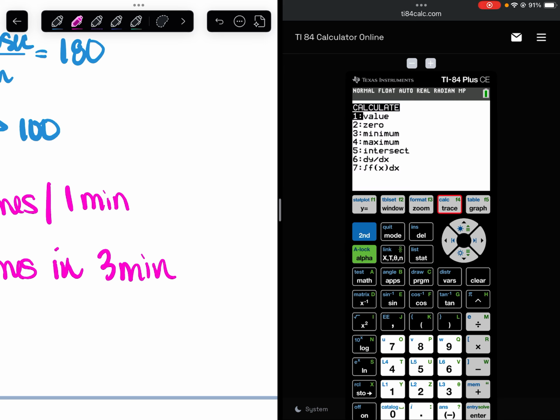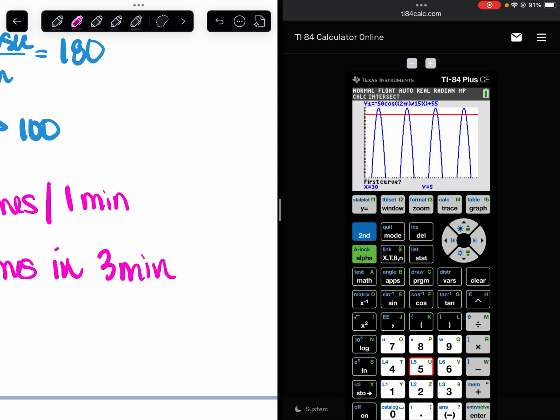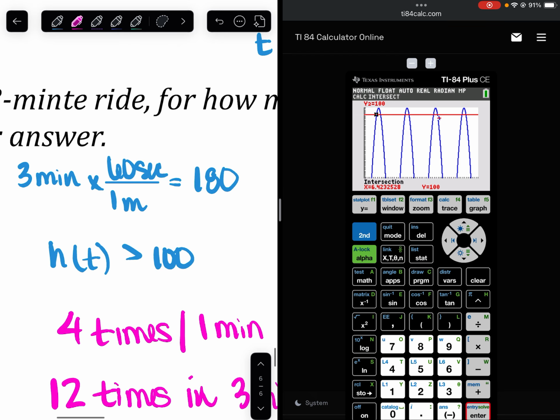So second trace, 5. The first curve, second curve do not matter. It's when you've got to go play the guessing game. So we're going to need 2 points here, and we're going to need to save them. So I'm going to do the lower bound first. So I'm on that lower end, and I'm going to hit enter. So my lower value,